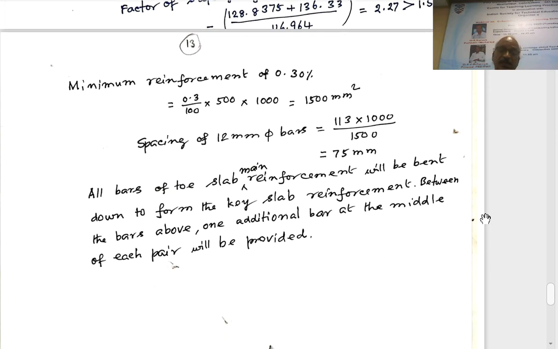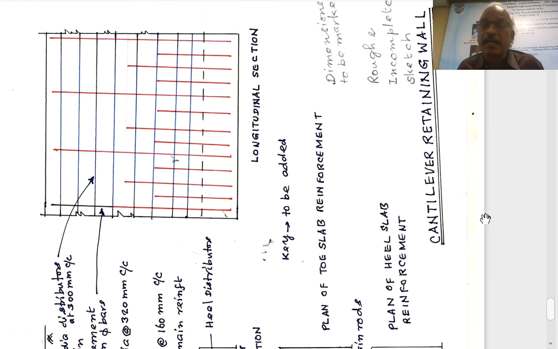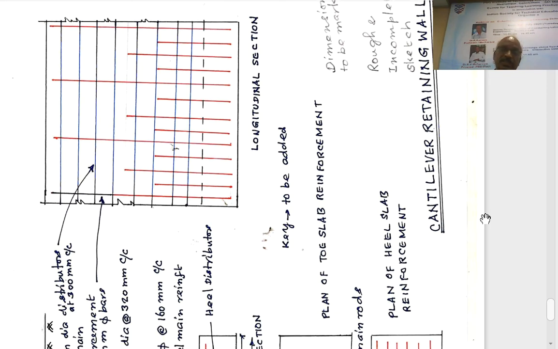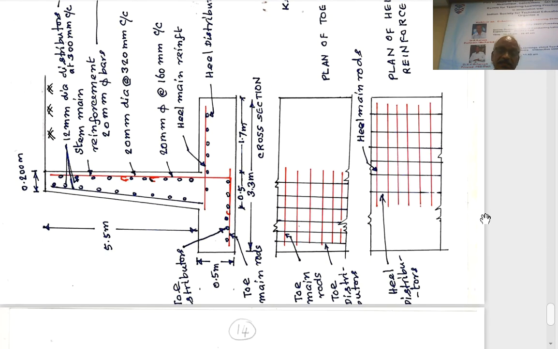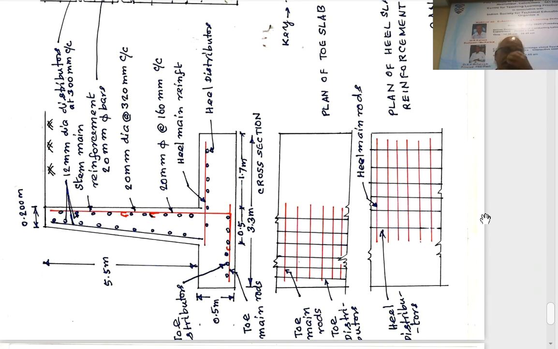So that completes the design. This is the reinforcement detail, which we can get from any book. This is the cross section, including the curtailment of reinforcement at different levels. We have seen by a hook, at different levels, 3.46, 4.53 and 5.5. Already we have seen how the vertical bar will have to be curtailed. And the base slab.